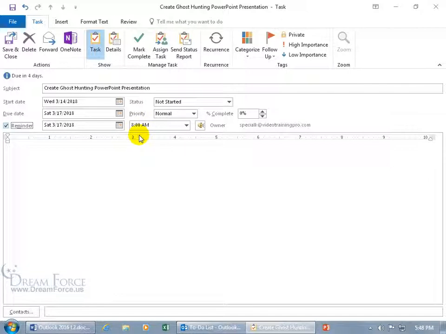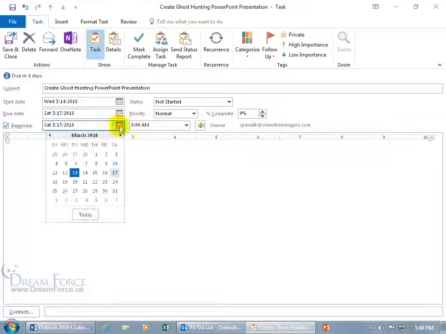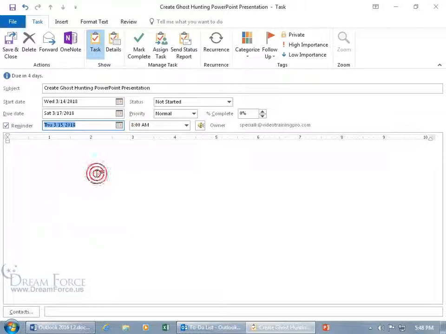Well, it is because it's earlier in the morning, but by midnight on Saturday the 17th, if I haven't completed it by then, I'm in trouble, and so maybe I want an earlier reminder than the same day. To change it, click on the date picker, and let's do the 15th. So it starts on the 14th, or when I should be starting, but if for some reason I don't, I